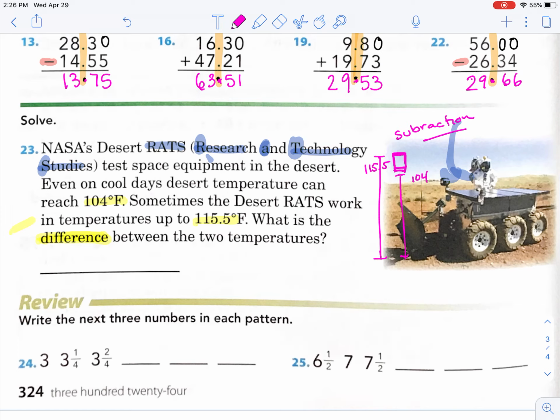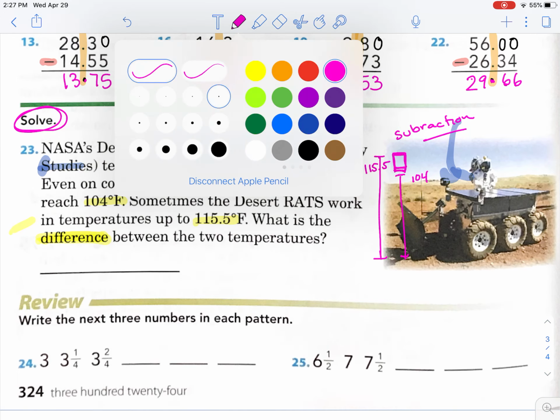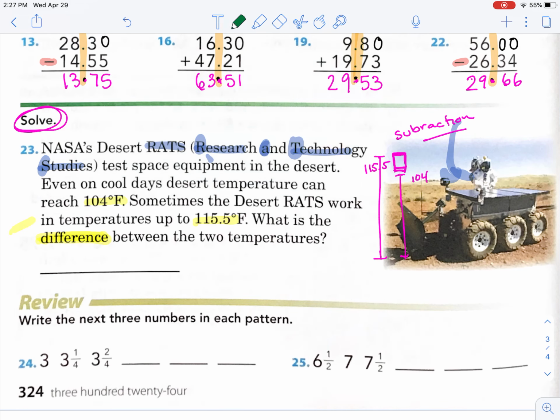Okay, so what's the difference? Does it tell us to estimate? No, unfortunately. It says solve, which means we have to find out the exact amount. No estimates here. So here is where you need to be super duper, uber careful, because we need to line everything up. Here, I'm going to see if I could fit my equation, and I'm going to put it right here. Our larger number is 115.5 minus, this is where it's going to get tricky,